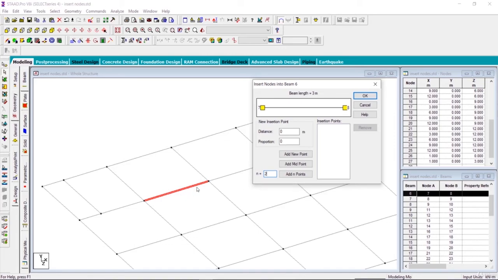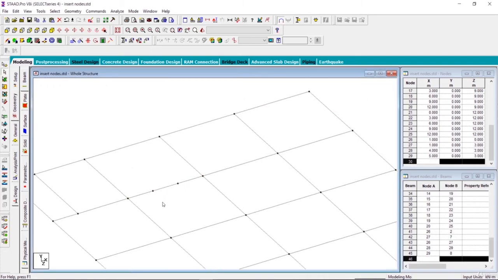So if we add 2 points, we will divide the beam into 3 equal parts. So we will use n is equal to 2 and click on add n points. Here you can see that it has added 2 points at equal distance from each other, and click on OK. Now the beam has been split into 3 equal parts, 1, 2 and 3.